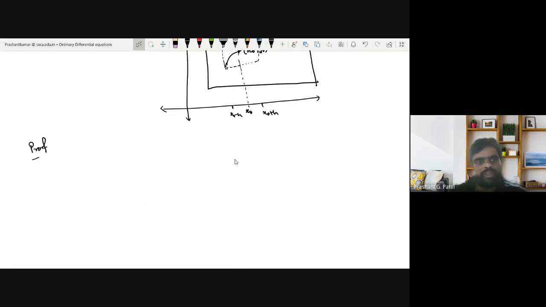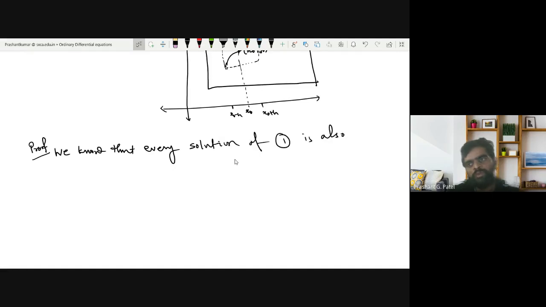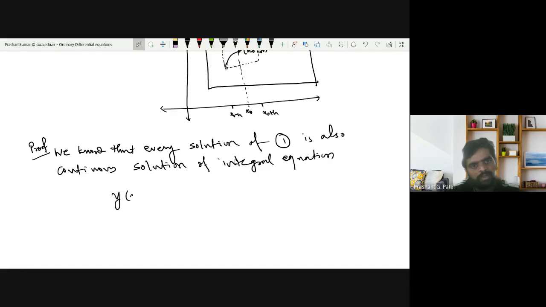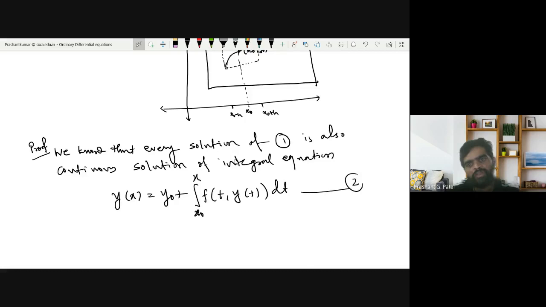So we'll state that we know that every solution of 1 is also a continuous solution of the integral equation, that is y of x is equal to y0 plus integral from x0 to x of f of t comma y of t dt. I will call this equation 2,